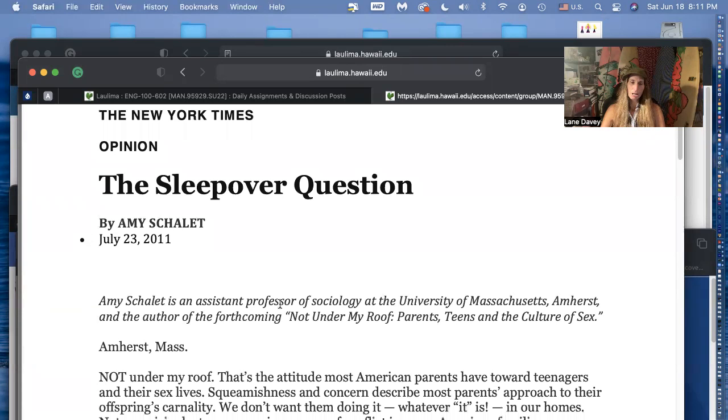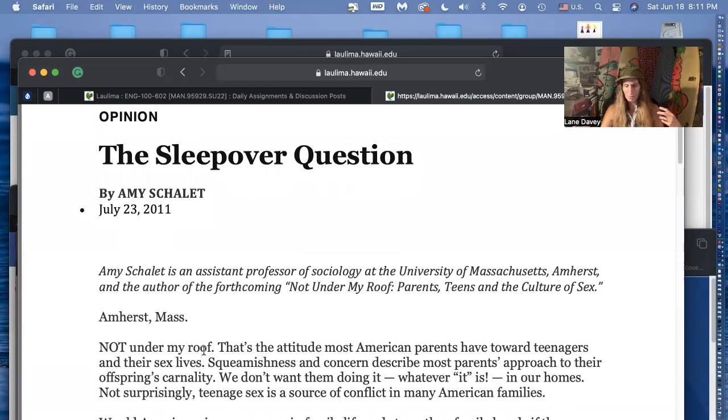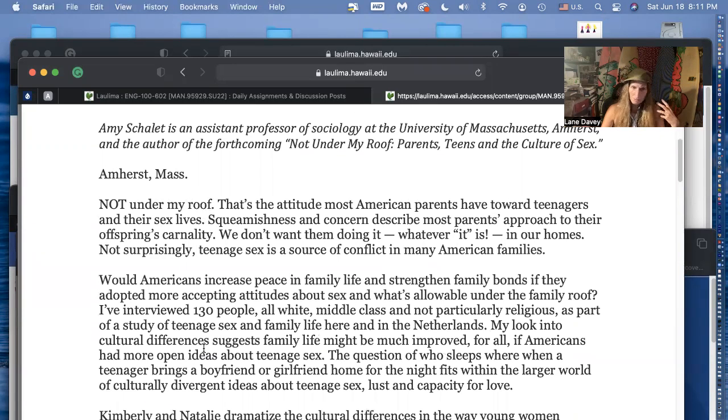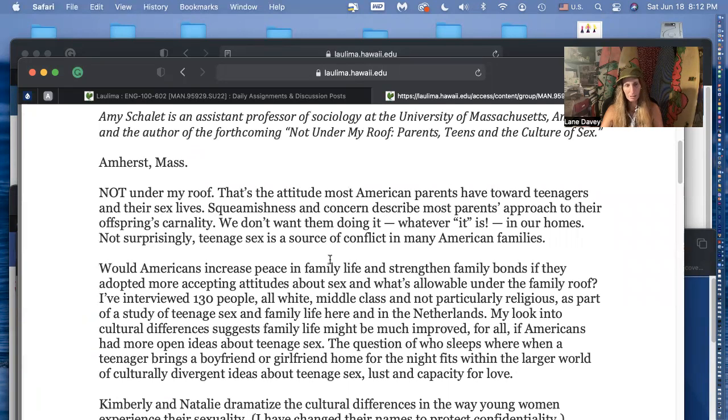So I know this is a brilliantly written article, not under my roof. There's voice. Charlotte leads with, we don't want them doing it. So this is people talking. You can use this type of thing in your op-ed, which would really distinguish it from your formal research paper. It's fun. It's really hooking the readers. And when you have a short article like this in a paper, you really need to hook people, right? And Charlotte keeps hooking us with her funny kind of voice.